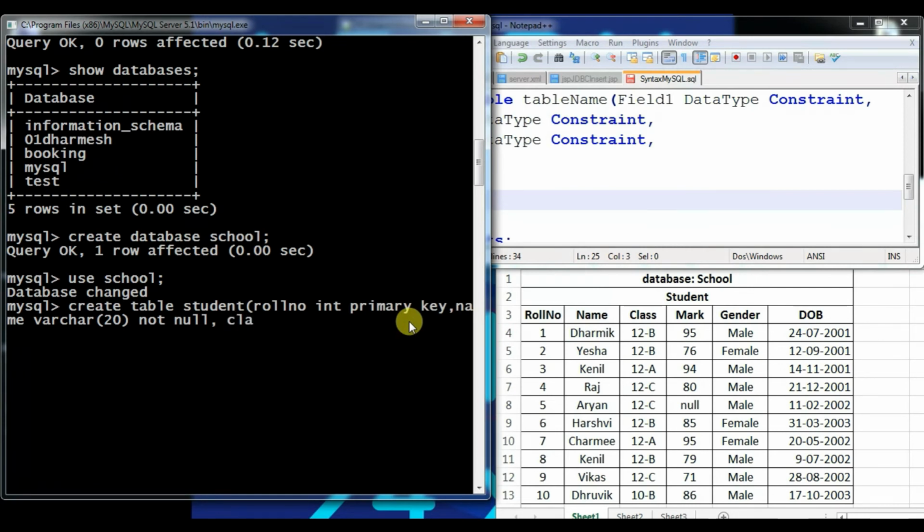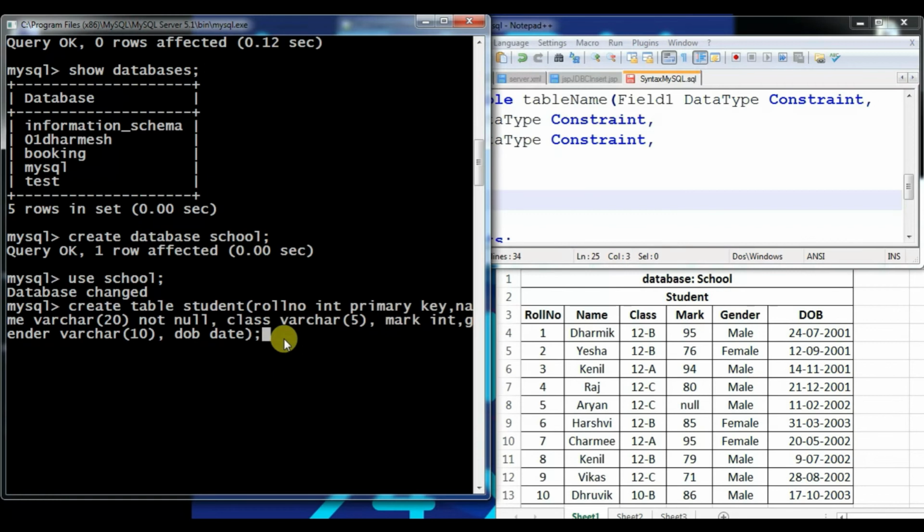So likewise, I'm going to create the complete table class in which I'm going to use again varchar, 5 is okay. Mark for that, yes, int. Next, gender. For that, I can use varchar in bracket 10 is enough. And last one is DOB. For that, we have to use date format. For that, we can use date as a data type, round bracket over, and at last a semicolon over there. This is the complete structure to create the table with the name student and with roll number, name, class, mark, gender, and DOB fields, and as per the relevant data type.